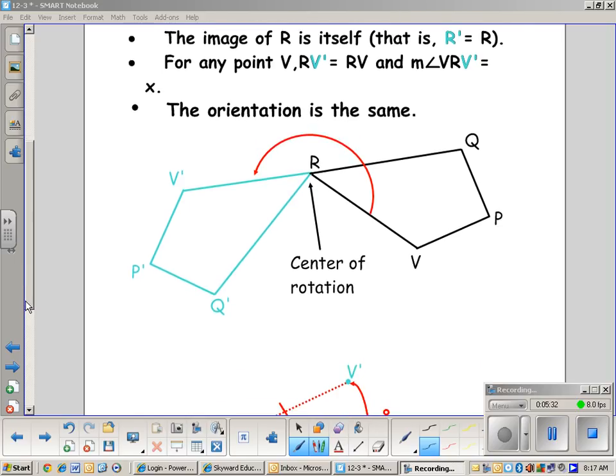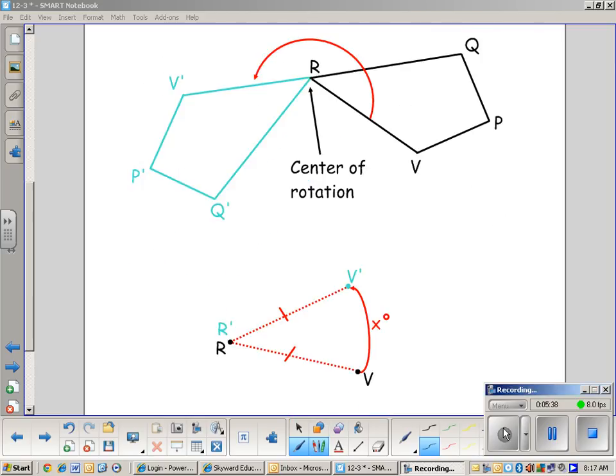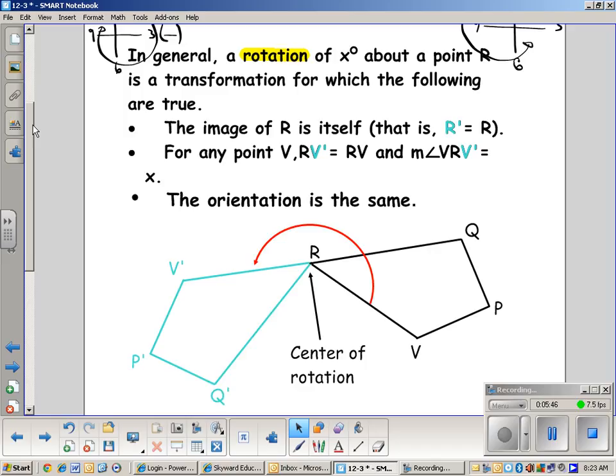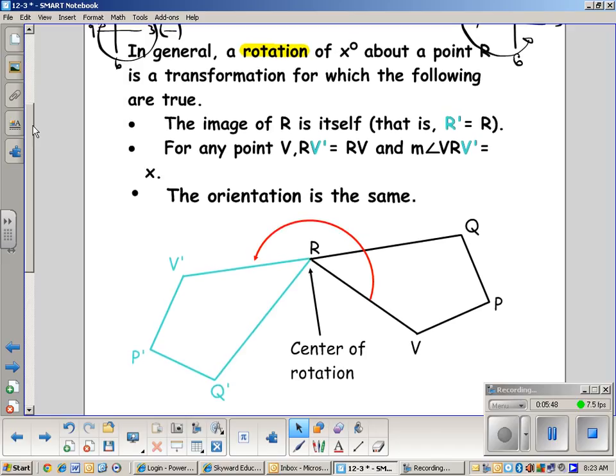Let's stop right here. Let you copy this picture down, and then we'll talk about what those two statements are saying. Let's copy both pictures, and then we'll talk about what they mean. So, if we go back up to these rules. In general, a rotation of X degrees. Well, this